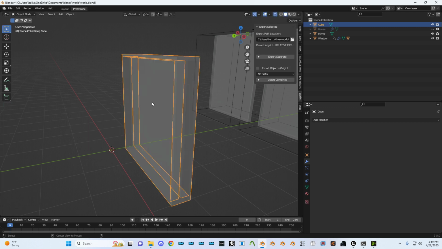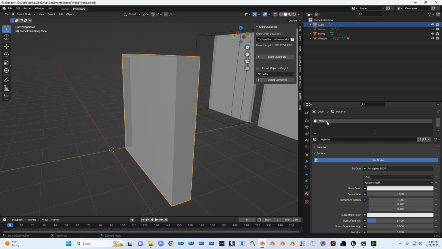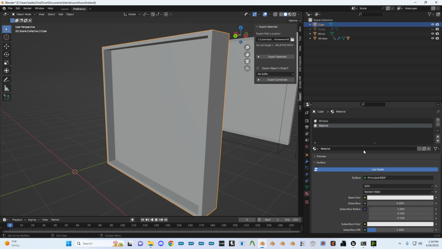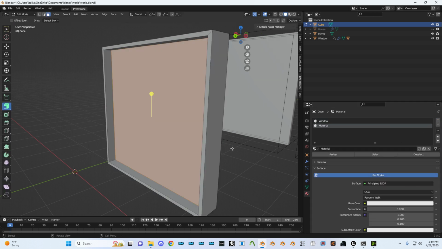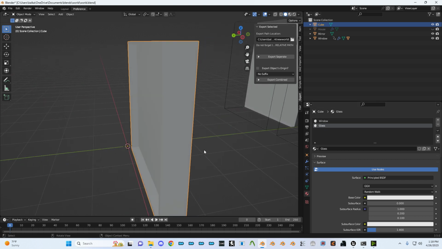And if you want to make windows quicker when you're doing the materials, I like to add a new material and then just call this window or something. And then when you hit plus to make your glass, just go back in edit mode because you already extruded it, so you already got the glass selected. You can just assign that, and then you're good to go. And then I can call this glass, you know. And then for the